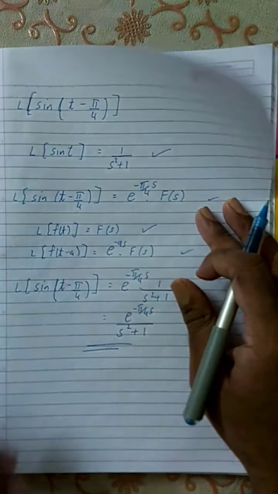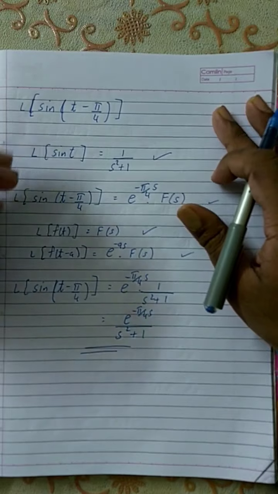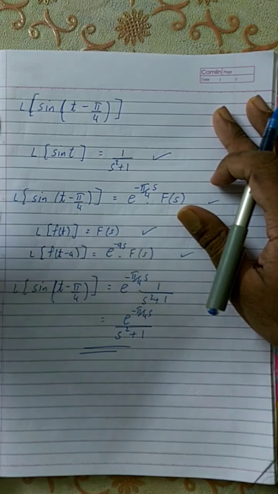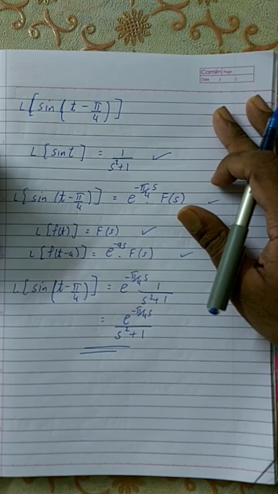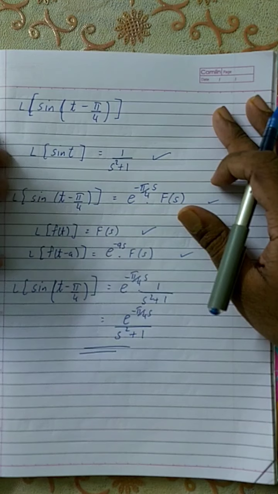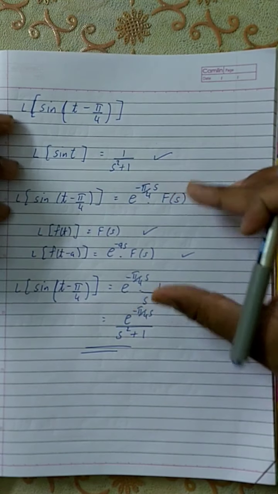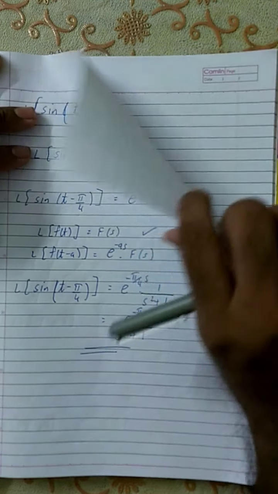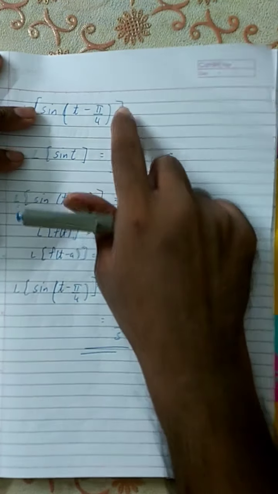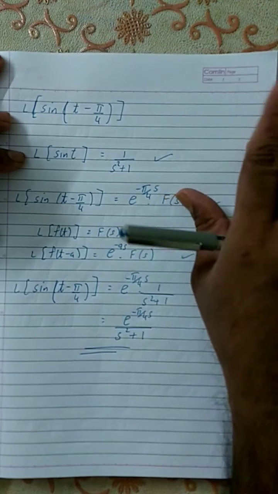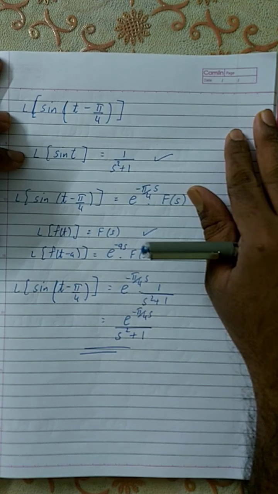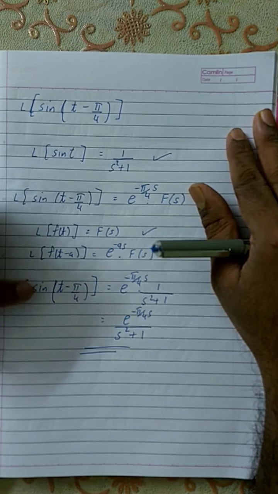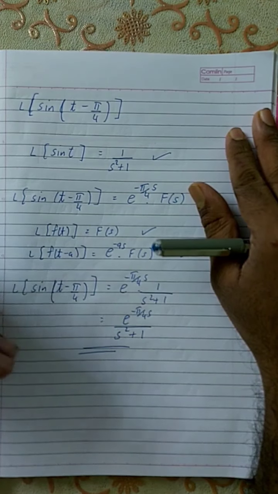Okay, you don't have to write all the steps. You can write in any way you want. Everyone has a unique way of doing their own problems. So I want you all to apply your own method of how to do this problem. I've written so many steps just so that you can understand. If I want, I can simply write this entire problem in a single step. If you can do that, it's well and good. So you can save time. I've written so many steps just so that you will understand how we got this function.